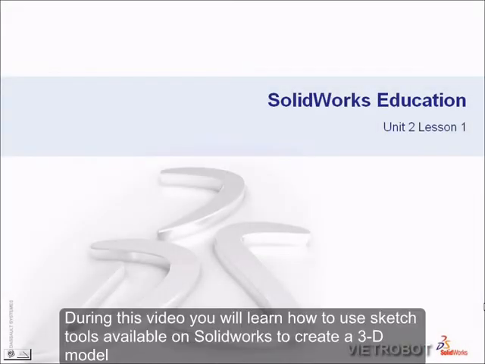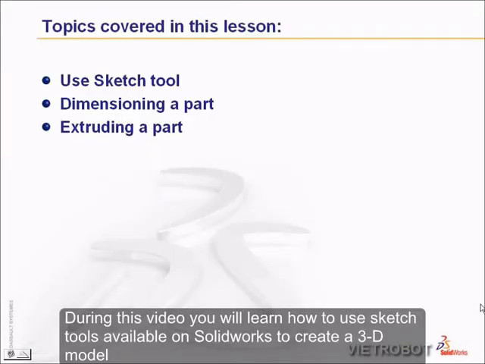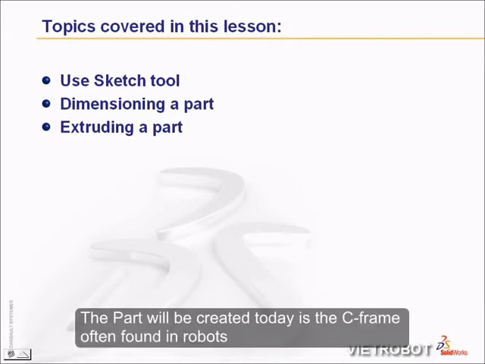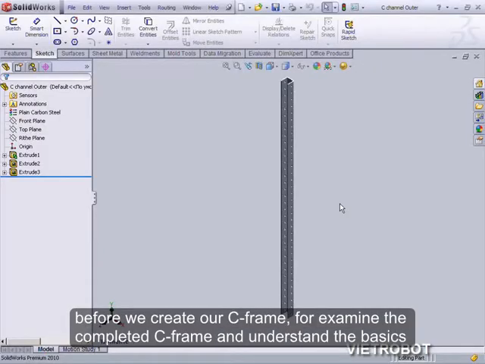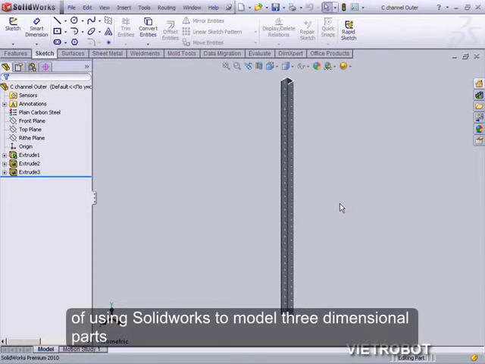During this video, we'll learn how to use the sketch tools available in SOLIDWORKS to create a three-dimensional model. The part that we will create today is the C-frame, often found in robots. Before we create our C-frame, we'll examine the completed C-frame and understand the basics of using SOLIDWORKS to model three-dimensional